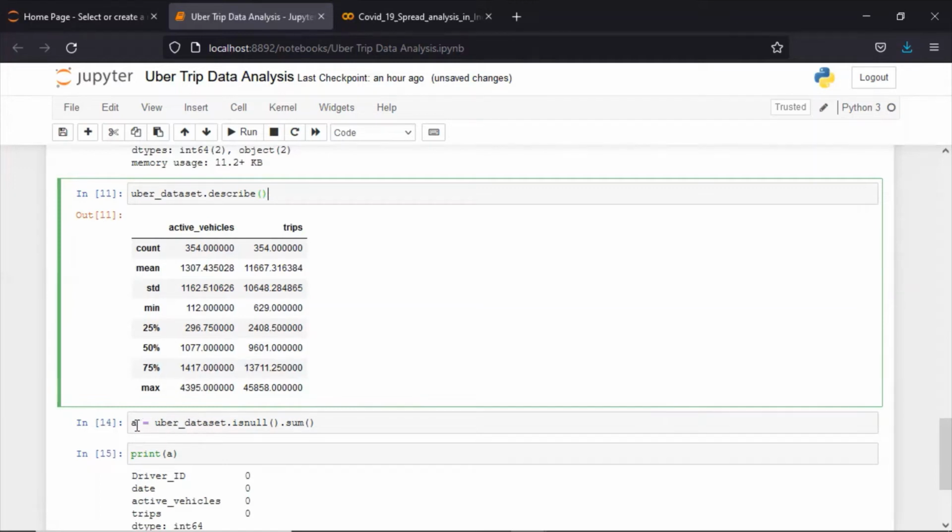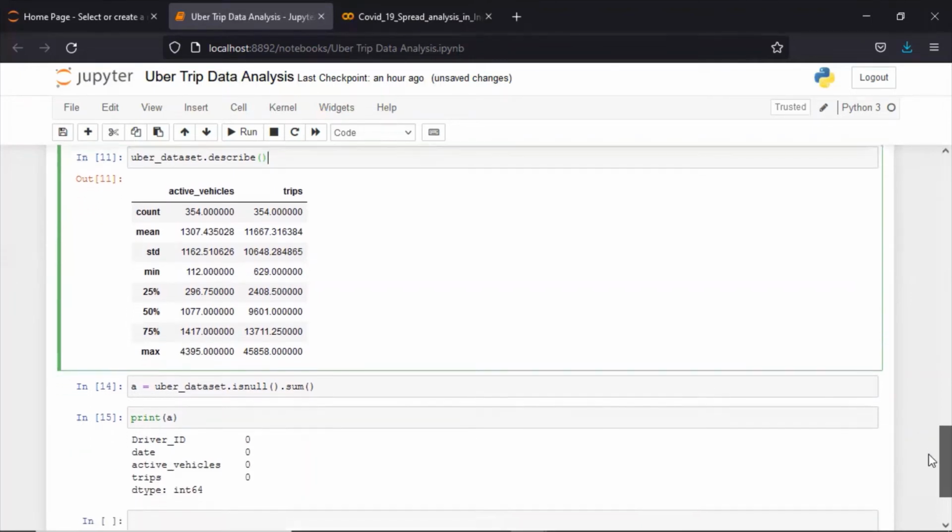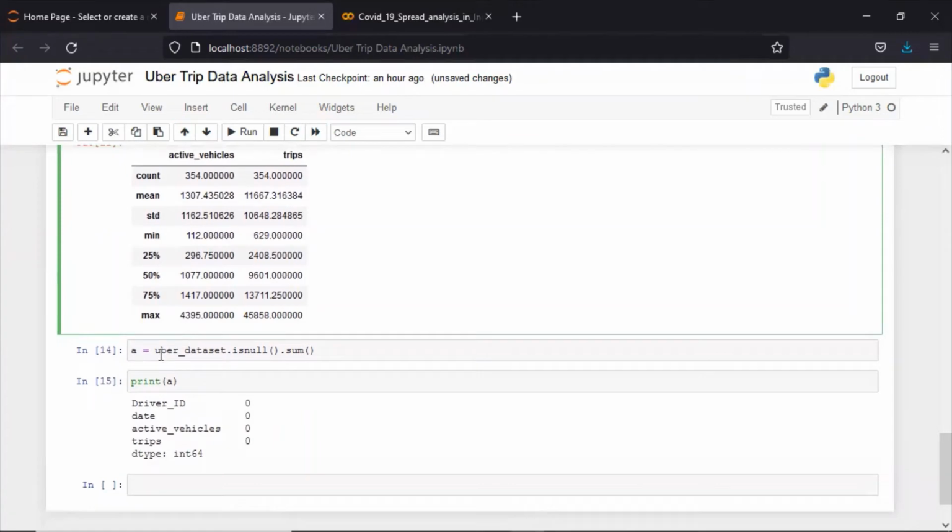So both are valid. You can use a as a variable here, run this and then print it. In this way you can do it, or you can remove this a and run it. Both will give you the same. So there are two different ways of running it. I repeat once again: in case you get any cell where a number is not there and you try to run the cell, it will give you an error.